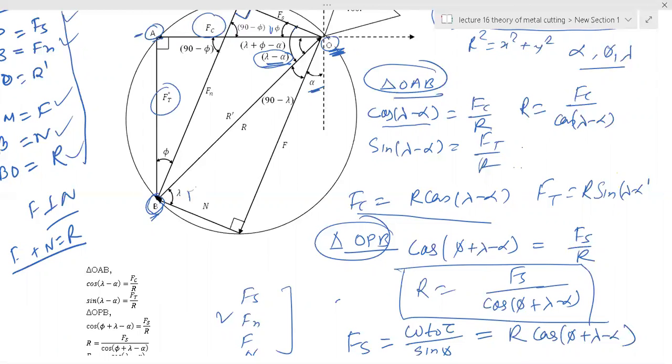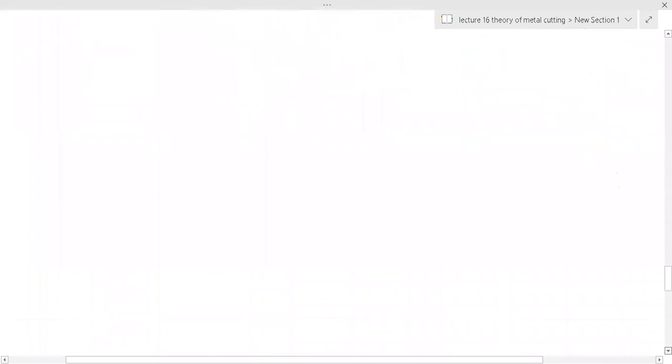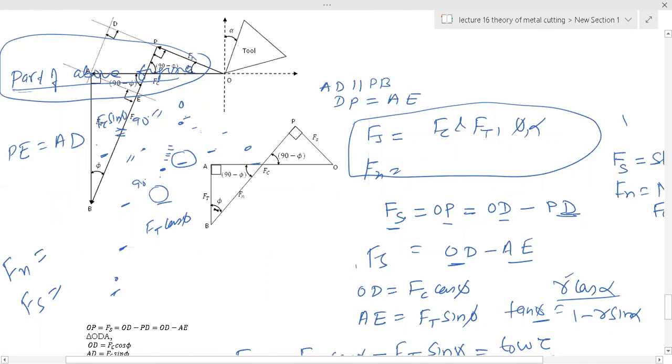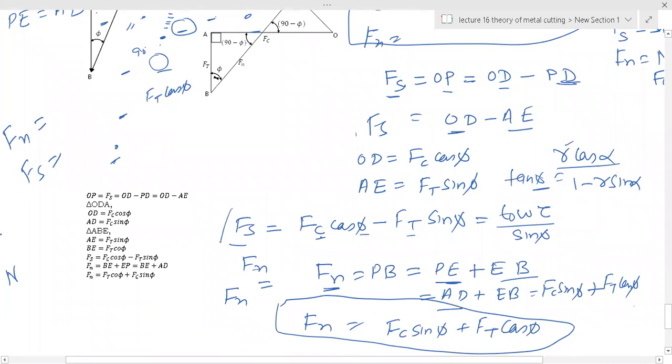As I said, Fc is cutting force, that is parallel to the cutting velocity, and thrust force is normal to the cutting velocity. Then we write the resultant force, you can get also, right? And shear force, this we already derived, and this relation we got yesterday, we have already discussed. Then part of that Merchant circle diagram, we took this one. These were the extended portion, and we could find the relation, that is Fn and Fs. These are very important relations.